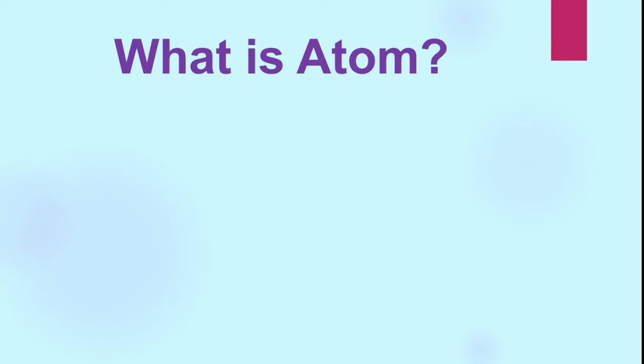We all know about atoms and molecules, probably from class 7 onwards. What we have learned is that the atom is the smallest part of a substance which cannot be subdivided further. But is it absolutely right or is something wrong? Because an atom consists of protons, neutrons and electrons. That is, an atom can be subdivided.